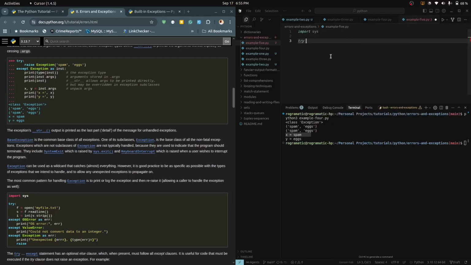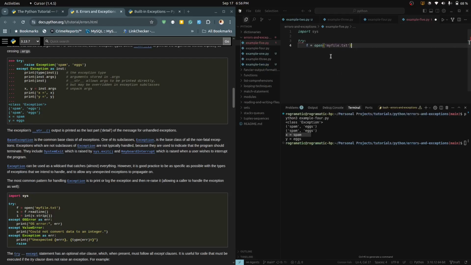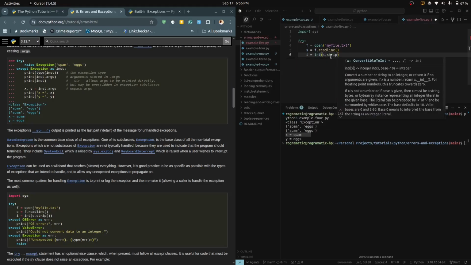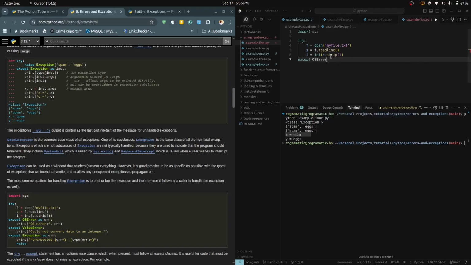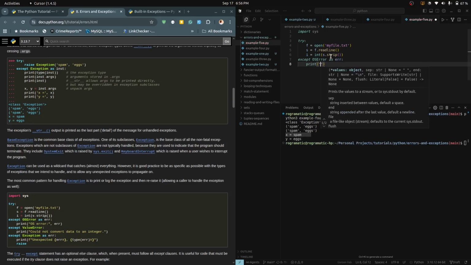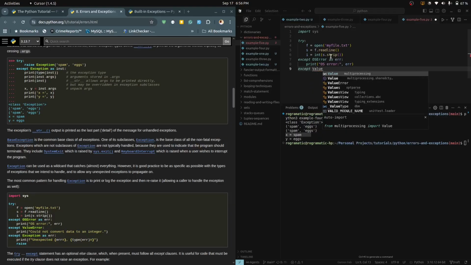Then we say try: f equal open my_file.txt, and we say s equal f.readline, and then i equal int(s.strip), and we say except OSError as err: print OS error, and we have except ValueError: